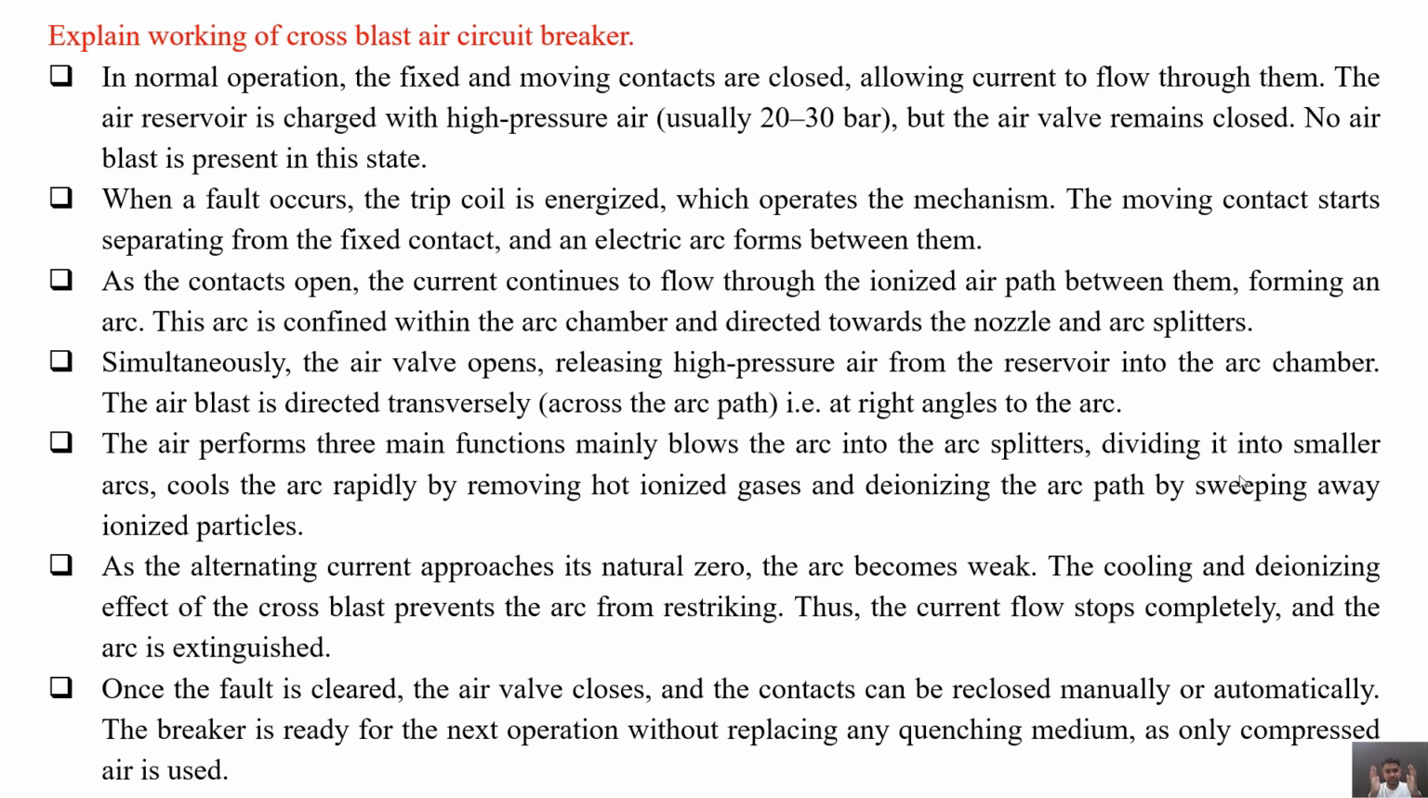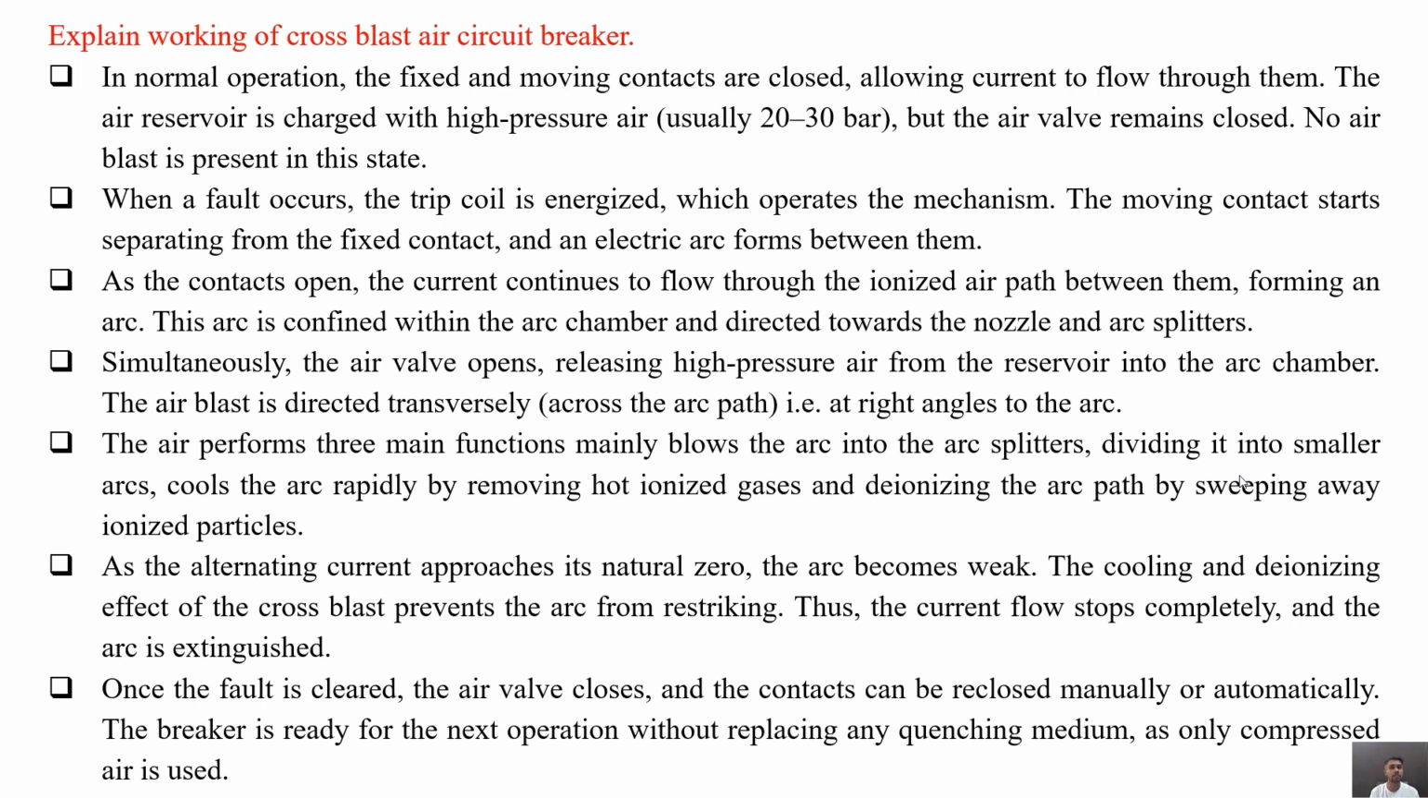This arc is confined within the arc chamber and directed towards the nozzle and arc splitters. Simultaneously, the air valve opens, releasing the high pressurized air from the reservoir into the arc chamber. The air blast is directed transversely, that is, 90 degrees to the arc path or at right angles to the arc. The air performs three main functions: it blows the arc into the arc splitters, diverting it into smaller arcs, cools the arc rapidly by removing the hot ionized gases, and deionizes the arc path by sweeping